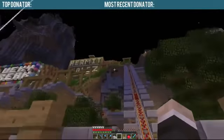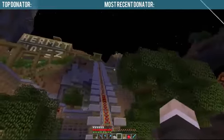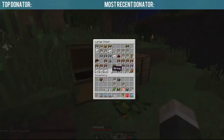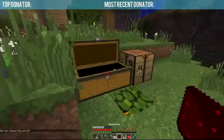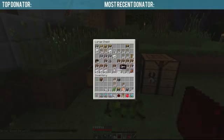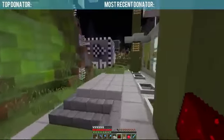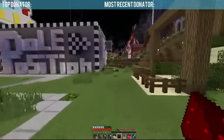And then where's the minecart gone, by the way? Oh, the minecart's got stuck up at the top, so we're going to have to sort that out as well. All the problems. And I've got no redstone, which could actually be a bit of an issue. Alright, okay. We're going to have to head back to Hermit Thrills,